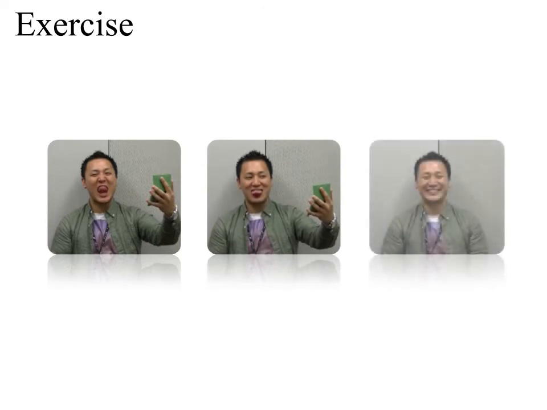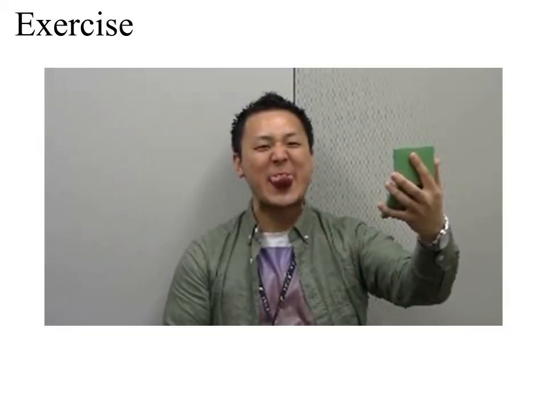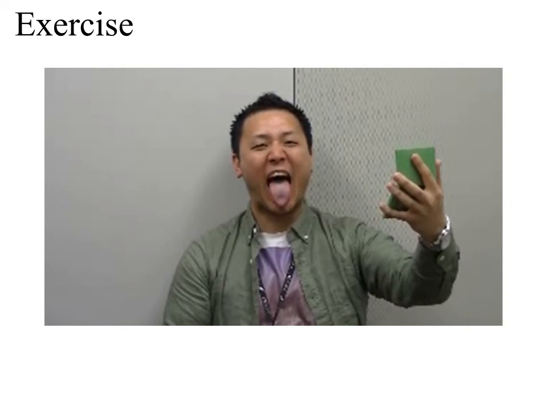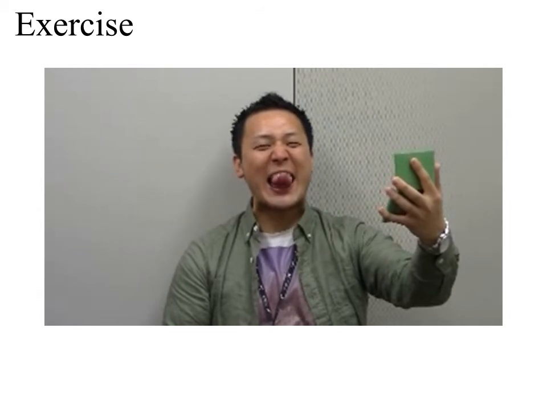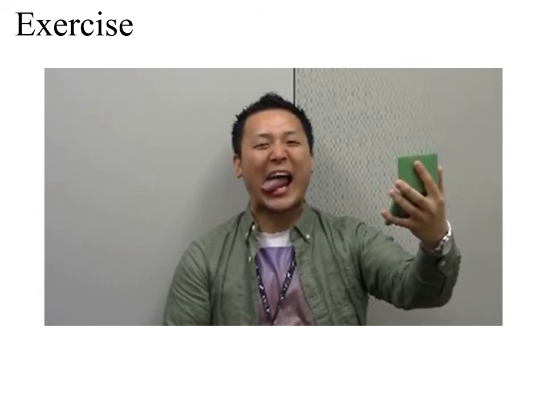Here are some exercises to help you with mouth, tongue, lip, and jaw control. When you are doing these exercises, you want to make sure you have a small mirror so you can watch the tongue control and mouth movements. All the way down. For this exercise, you're going to make sure your tongue is flat, moving it up and down, left and right. Down, right, left.